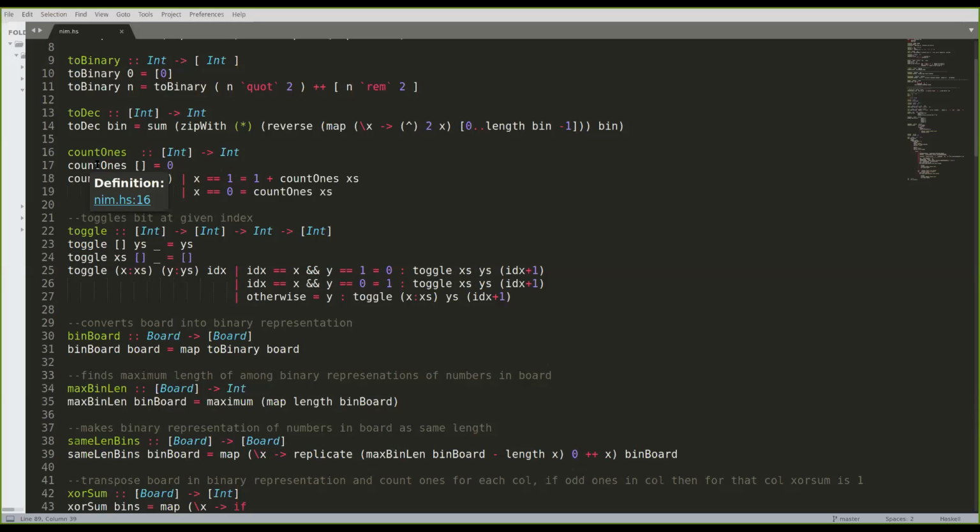You could write it without sectioning, it could be just 2 power x. And the length bin minus 1 you could write as another name, like the length of the list, so that this function becomes more readable. Okay, all right, let's go back.